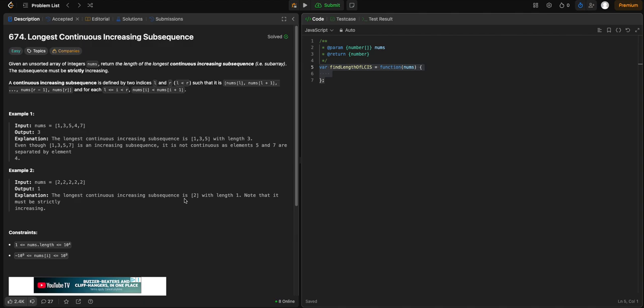Okay. So basically what we're doing here is we're just returning the length of the longest subsequence. Now what are we defining as a subsequence? It's numbers that increase, right? But they have to be together, right? So our output is 3 because